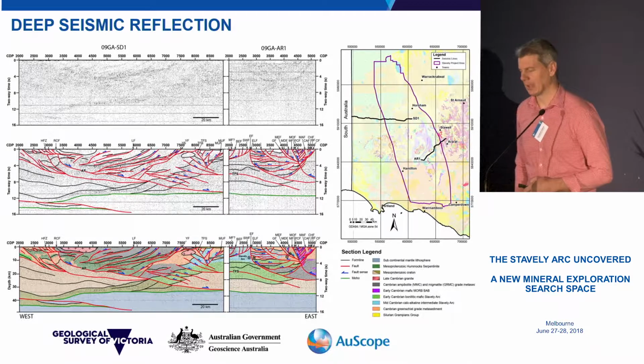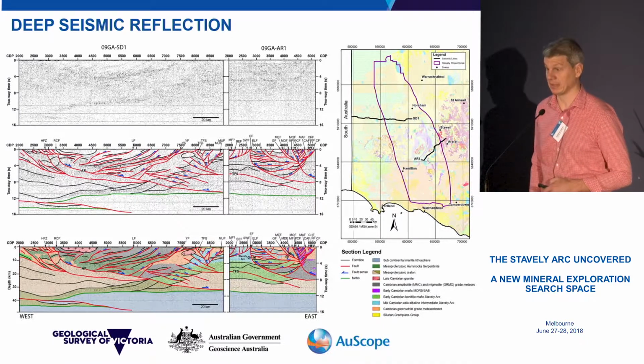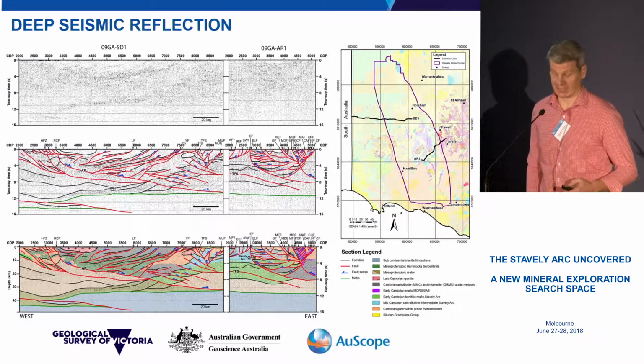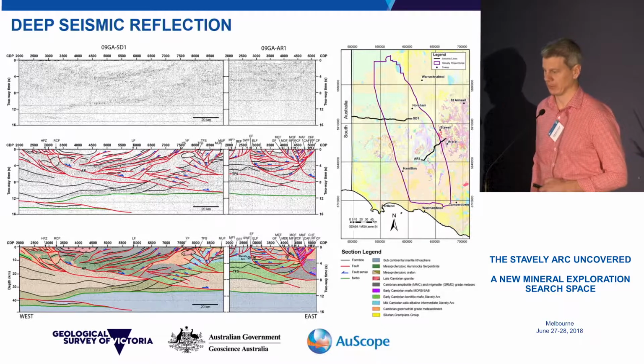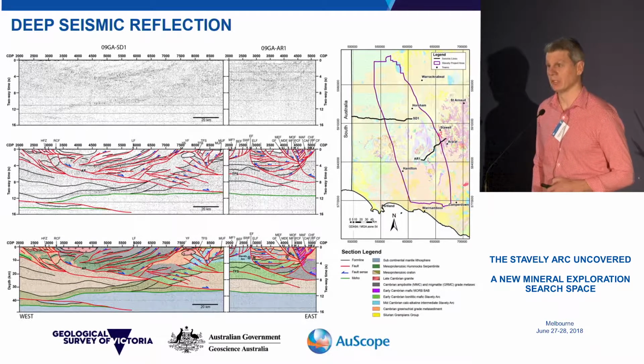which is about 629.1 kilometres, which started south of Benalla, for anyone who knows where that is, and headed east as a couple of lines, and ended up at the Tasman Sea, pretty much on the beach in New South Wales. So that was done with Geoscience Australia, AusScope, but also the Geological Survey of New South Wales. So that data is just about to start getting processed, and it'll be really interesting to see what we find. But it'll effectively give us a deep seismic transect from the South Australian border all the way across to